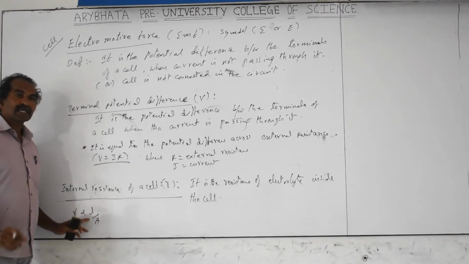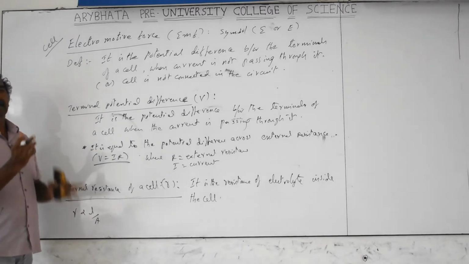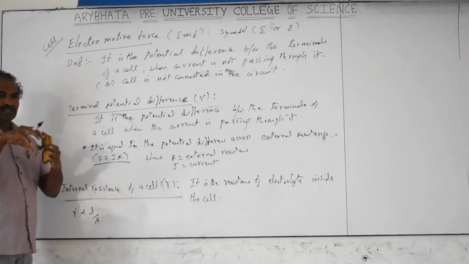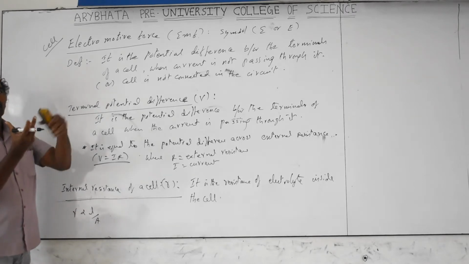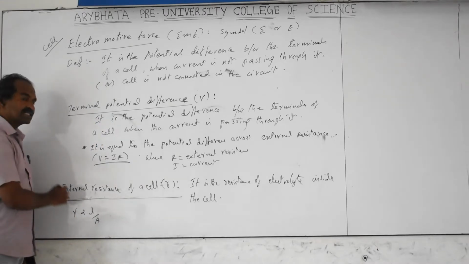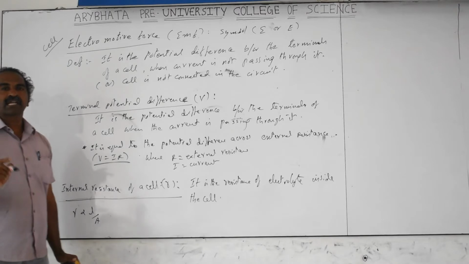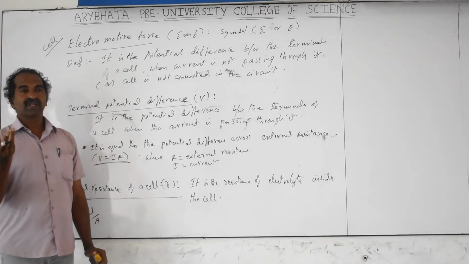Next is surface area. Surface area means electrode area. More area, lesser resistance. Bigger cells will automatically have bigger, thicker electrodes. More surface area will be in contact and more electrons will pass, so internal resistance is automatically less. So internal resistance is directly proportional to the distance between the electrodes and inversely proportional to the surface area of the electrodes.